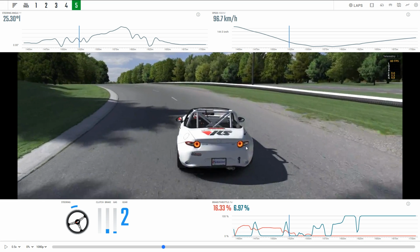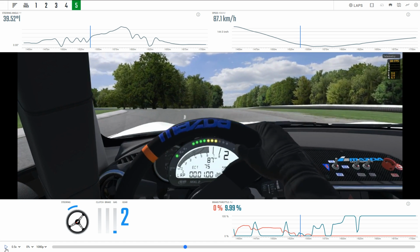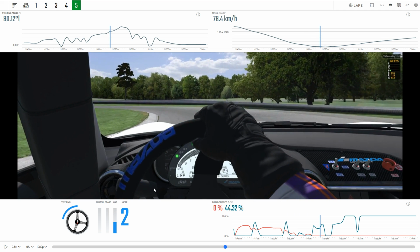And then towards the end of the braking zone, we're down into second gear now. We're just allowing the car to run out wide, just wider of the middle of the circuit, but try not to let it run any wider than that. Briefly playing with the throttle and brake just to stabilize the car and get the line exactly where I want it to be. As you come over the top of the crest, the circuit goes up slightly and then levels out. That's when you can get back on the throttle, just to set yourself up for the